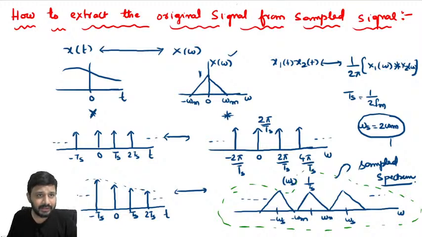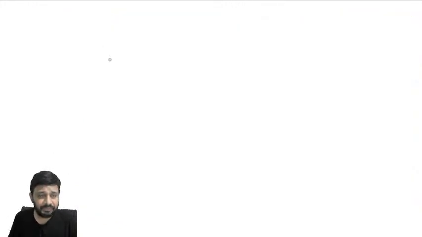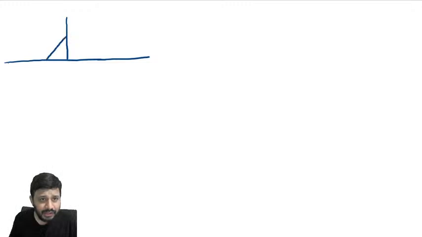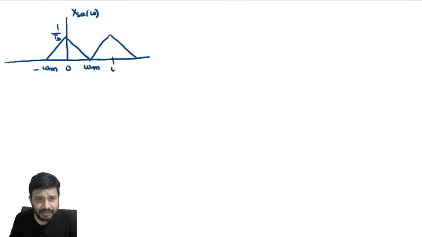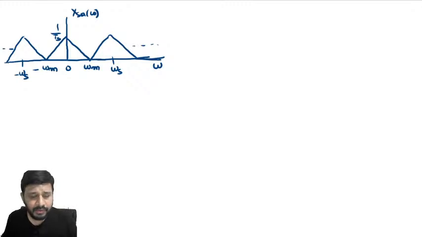Now that can be shown like this. Observe here, a lot of important things are going to come. In the frequency domain, the sample signal looks like a periodical repetition from minus omega m to omega m, with 1 by Ts. This is X sample of omega. For the case of critical sampling, the guard band is absent. This kind of periodical repetition is going to come. Listen carefully, my dear students. Hope you are not having any doubt up to this point.